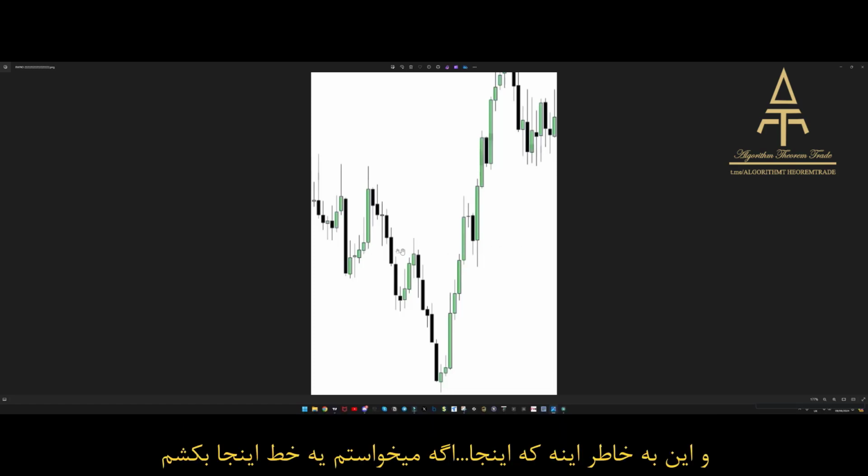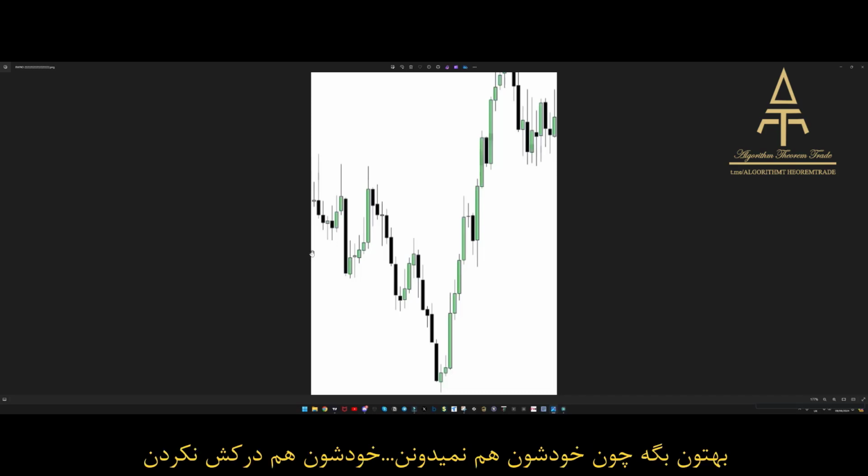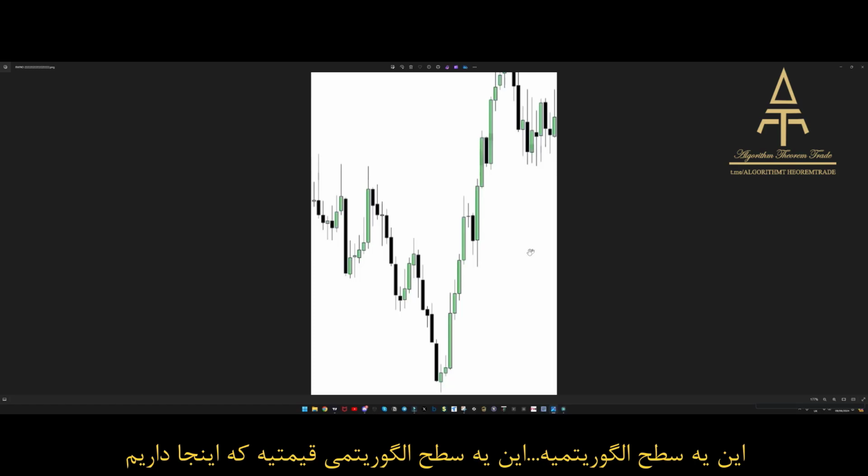And that is because right here, if I was to draw a line here, okay, there's an algorithmic price level right here that forms. You've already heard me say hundreds of times, this is an algorithmic signature in price. And the reason is, this is what all the other educators can't tell you, because they don't understand it. There's an algorithmic price level right here,